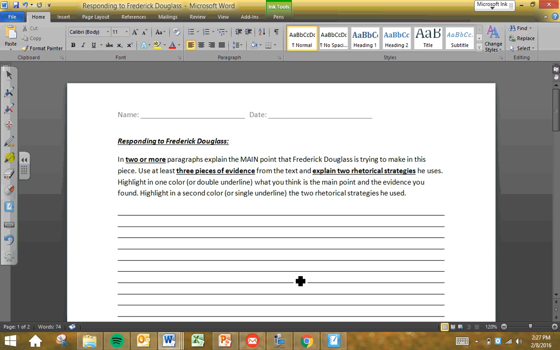Really simple homework assignment tonight. Just annotate and then write a 2-paragraph response. I'm not looking for perfection. I'm not looking for a novel. I'm just looking for your response to this. And I'm sure you should have some sort of response to this, right? This was a powerful article. This is a powerful speech,